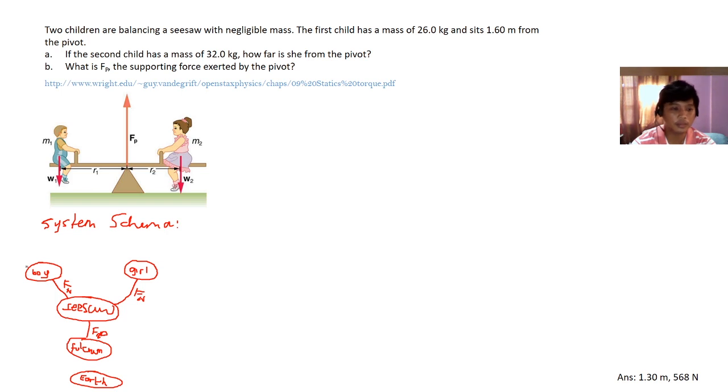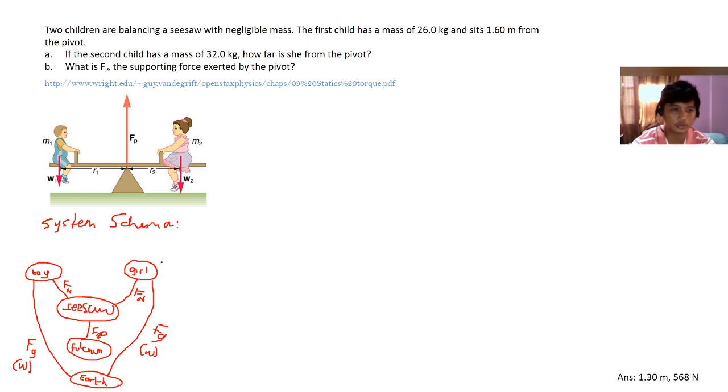And then how about the boy and the earth? Actually, the boy is acted on by the earth. So we call that Fg, or gravitational force, or the weight. And also the girl is acted on by the earth, call it the weight. And it was not mentioned here